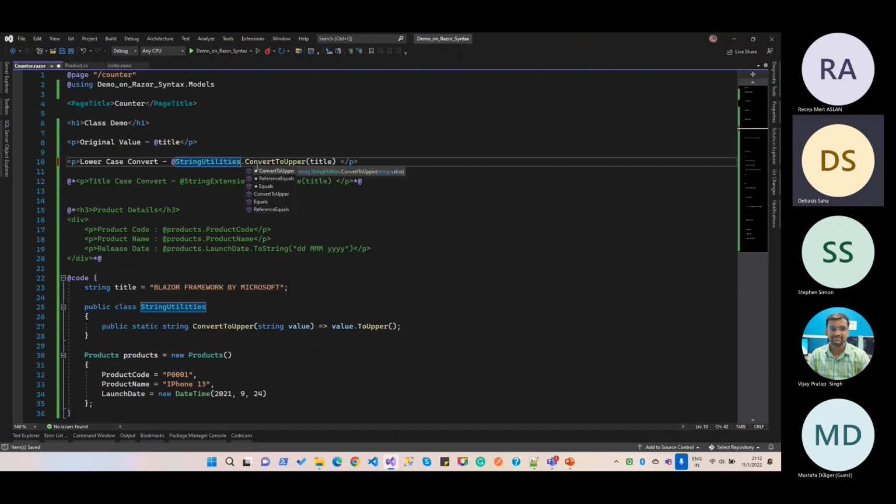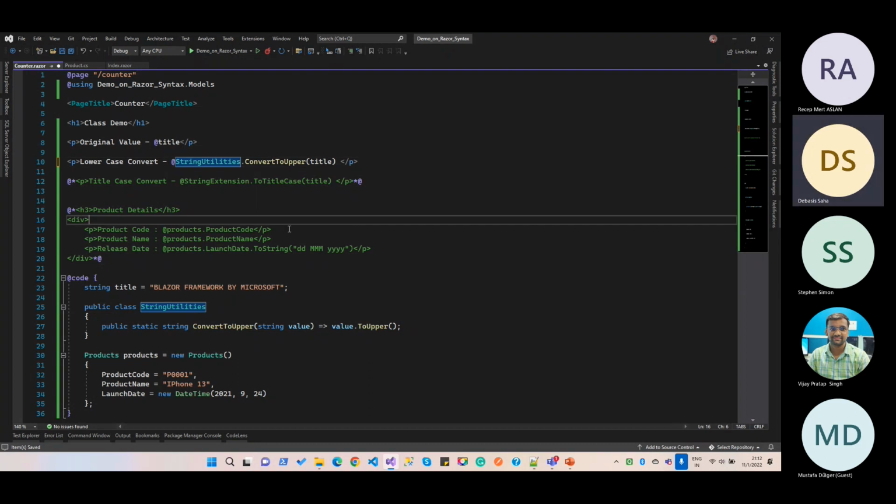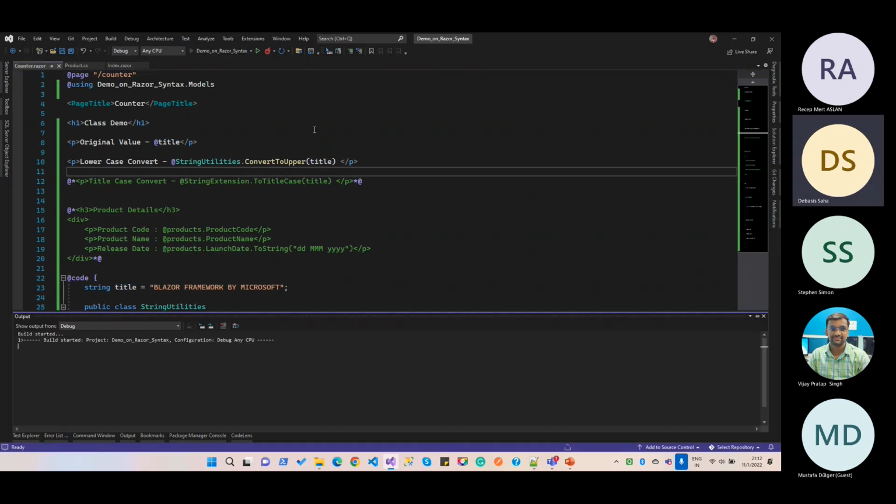So whenever you click on the dot sign, it provides all the server-side related intelligence, just like the C# files provided in Visual Studio. And once you execute that, it will automatically display the data along with HTML. So if we run these applications,